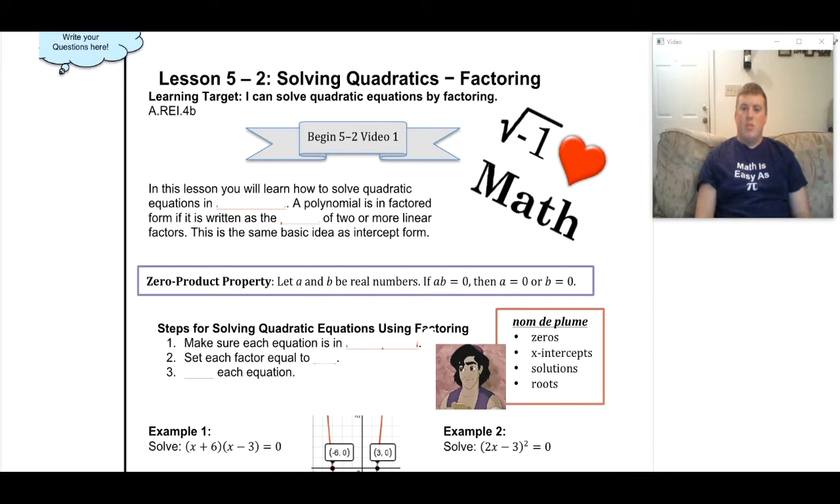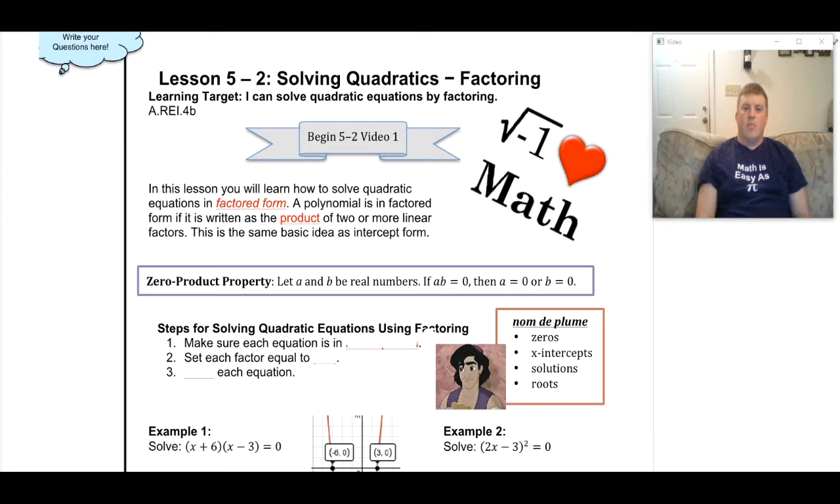Now, in this lesson, we're going to build upon the ideas that we were working on in 5-1. We were graphing from intercept form. We're going to look specifically now at solving quadratics, which means to find the zeros of a quadratic function. In this lesson, we're going to specifically look at solving quadratic equations in factored form. We consider a polynomial to be in factored form if it's written as the product of two or more linear factors. That's the same kind of situation that we were looking at in our last lesson